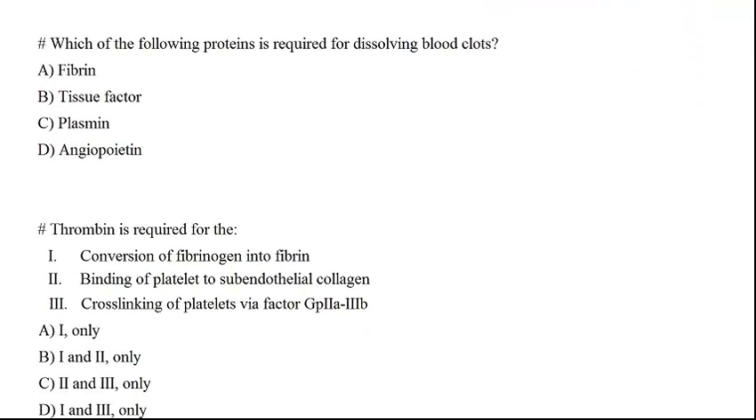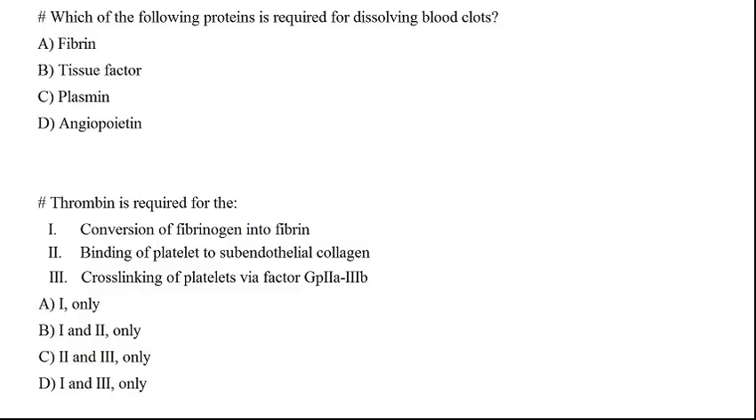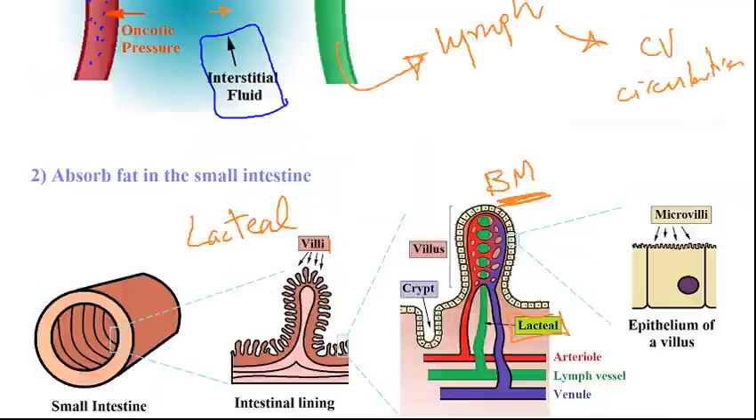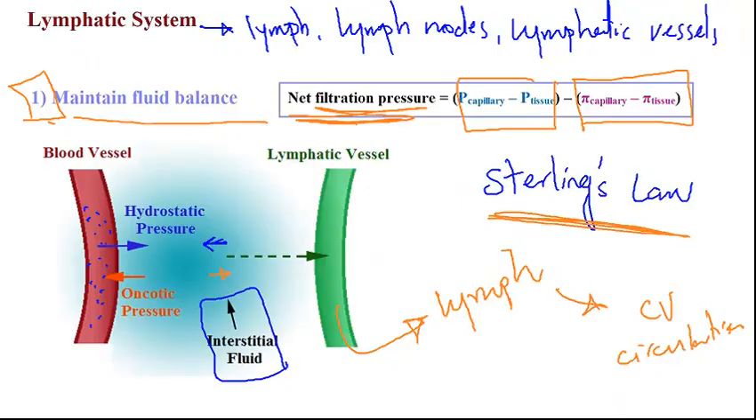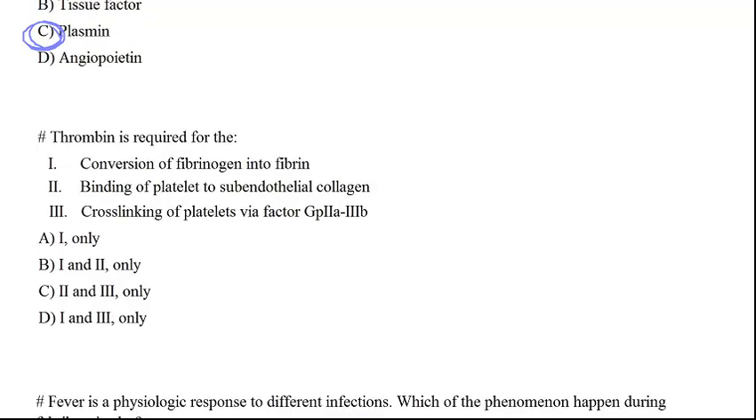Next question is, which of the following proteins is required for dissolving a blood clot? And the answer is easy. It's the plasmin that is required for dissolving a blood clot, and we just discussed that in this video. So here we have the plasmin that degrades cross-linked fibrin polymers into smaller fibrin products, and that breaks down a blood clot. Then the next question is, thrombin is required for the, right, without reading these answer choices, I recall